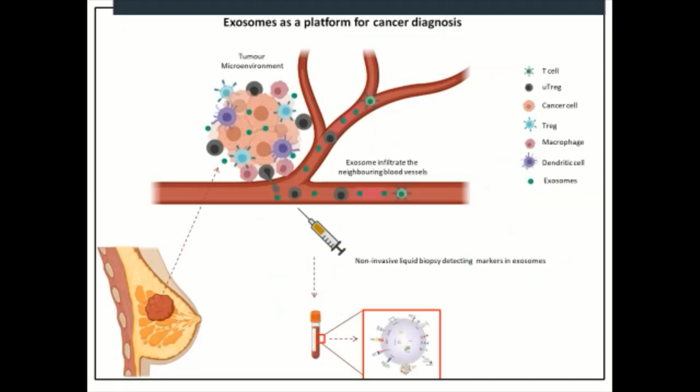So to elaborate on how exosomes are used as a diagnosis platform: as I said, all types of cells secrete exosomes, including tumor cells. Once these exosomes are secreted into the extracellular space, they slowly make their way into the circulatory system. And once in the circulatory system, we can easily isolate them via a simple non-invasive blood draw technique. After we have the blood, we can isolate exosomes from the blood samples, and thereafter we can look for various markers, or biomarkers I should say, which will help us characterize the disease as well as identify the stage of the disease.